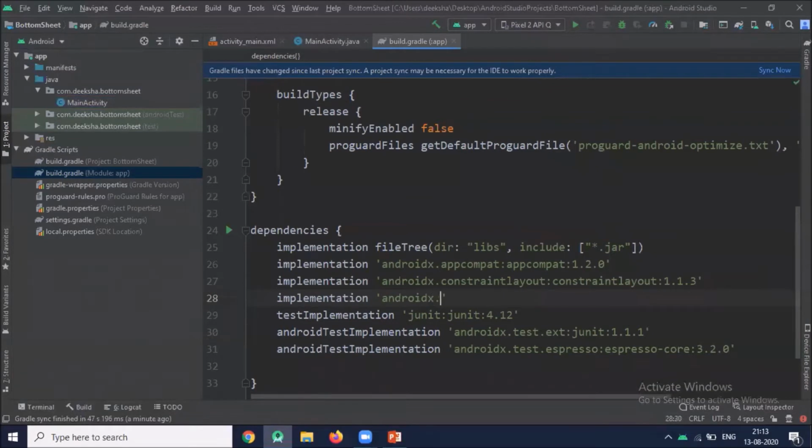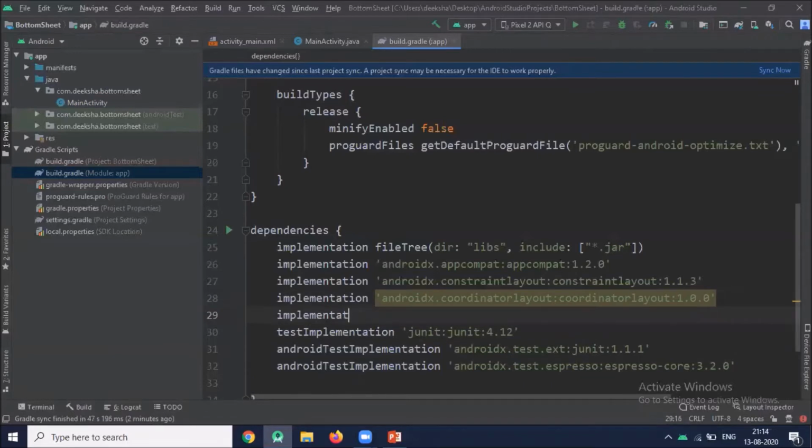As I'm using AndroidX in this project, so I'm going to add dependency according to that. Now click on Sync Now.